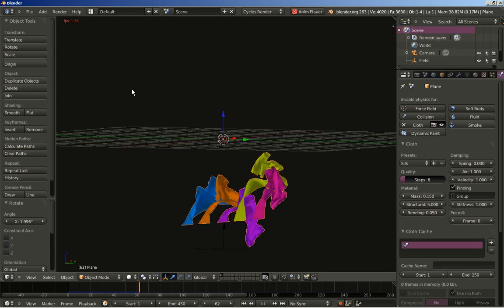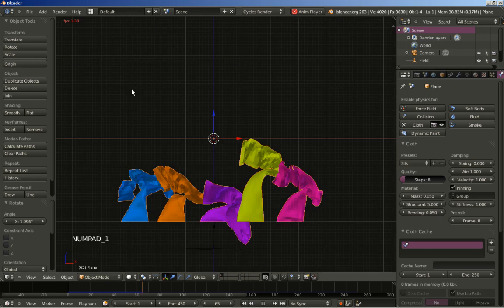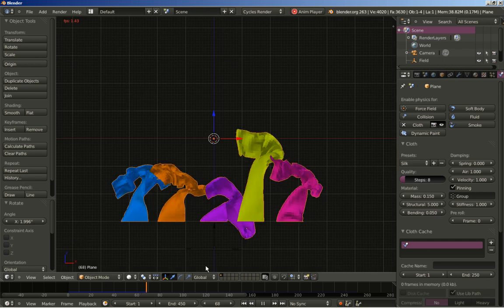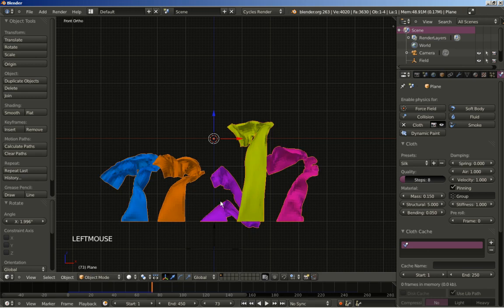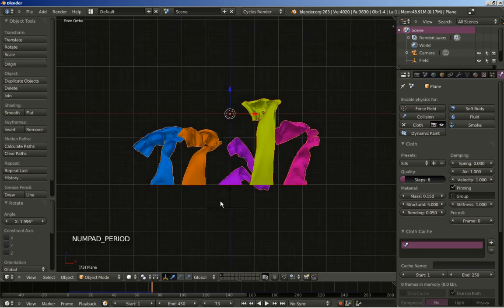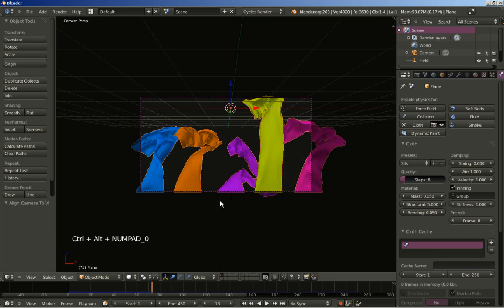And I'll now hit 1. Okay. I'll hit the pause button here. And I'll hit the del, the comma key on my numeric keypad to frame the fabrics, to frame the clothes. And I'll hit Ctrl Alt 0 just to place my camera here. Right click this frame to select the camera,